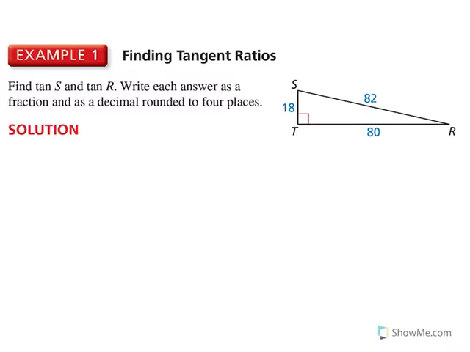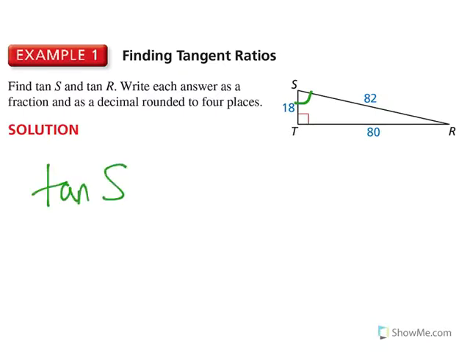So let's start to look at this a little bit more. In this example 1, it tells us to find the tangent of S and the tangent of R. Whenever you're working this, tan is just the abbreviation, TAN. But whenever we're stating it, one thing to remember, this is called the tangent of angle S. Don't tell me you're finding the tan of S, you're finding the tangent of angle S. So let's start with that one first. If I do tangent of S,